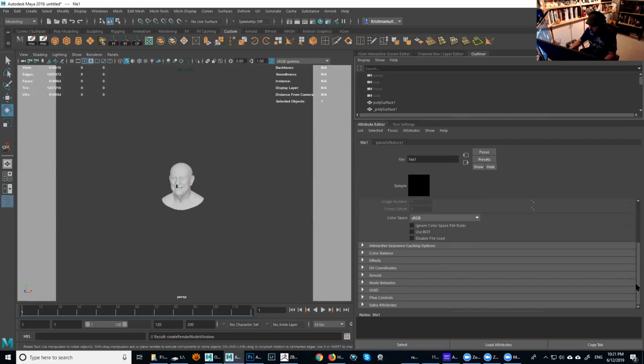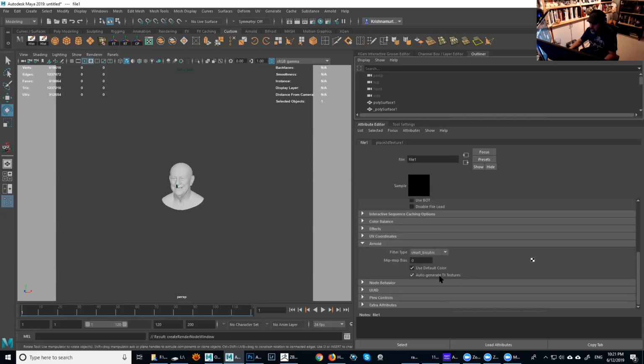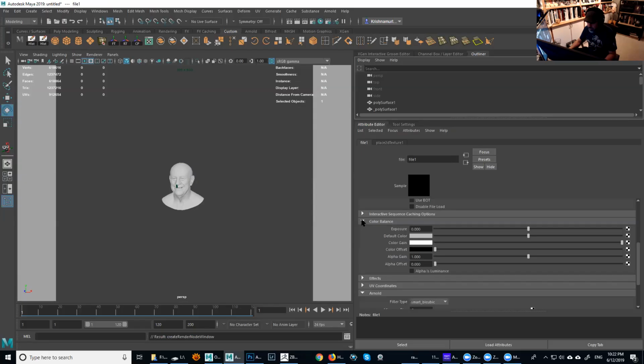And then if you scroll down all the way here, under Arnold, you have the auto generate textures. I'm gonna turn it off because I don't want to deal with the TX textures right now. It's kind of a pain in the butt to have to refresh every time you change something. And since we're gonna be doing multiple iterations, sometimes plugging different sets of textures, I don't want to have to refresh the entire thing every time. I'm just going to replace the textures and let it do its thing. And then color balance, I'm not going to change anything right now. When we start plugging maps, I'm going to show you when to use the alpha as luminance and things like that.